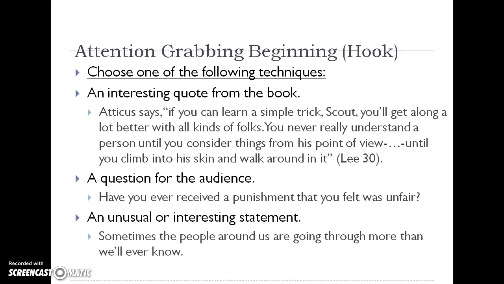Finally, use an unusual or interesting statement. For instance, sometimes the people around us are going through more than we'll ever know. I thought this applied to the Mrs. DeBose situation because Jem and Scout don't realize that she's a morphine addict and is trying to break herself of